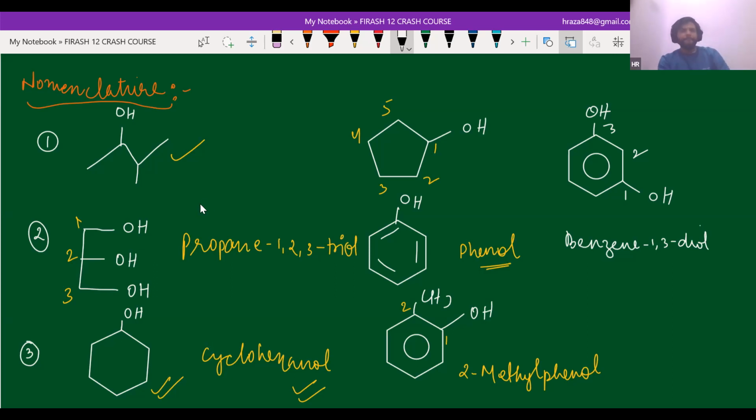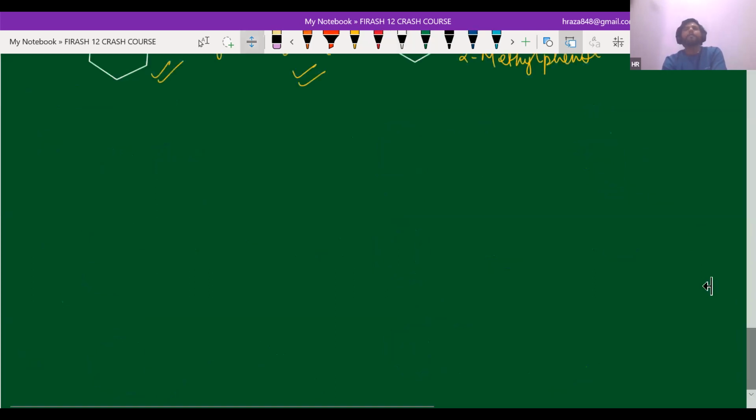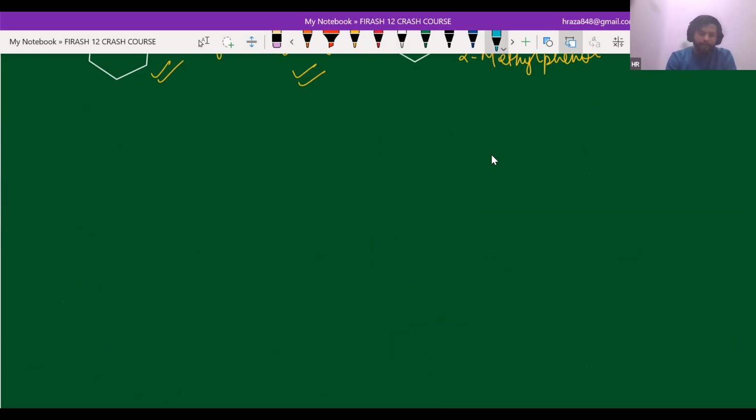So you need to practice nomenclature. Whatever questions are present in your NCERT, either in-text or exercise, you should do them all, because these are all 3 marks. If you give some time to these nomenclatures, you will get 100%. Okay. Now,